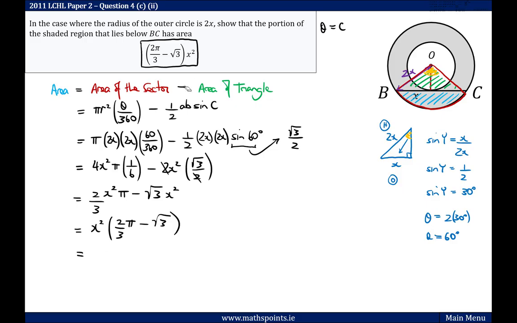And then we're just going to make it look like they had it, so x squared just goes at the end. So it's 2 over 3 pi minus root 3 inside the bracket, and that's all multiplied by x squared